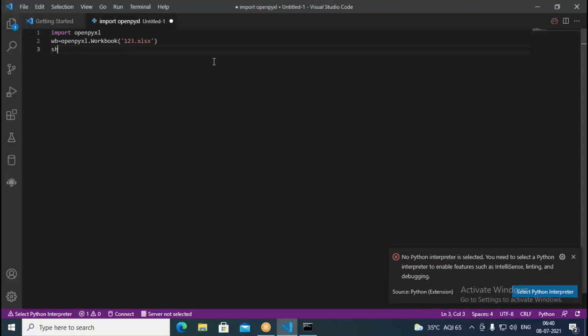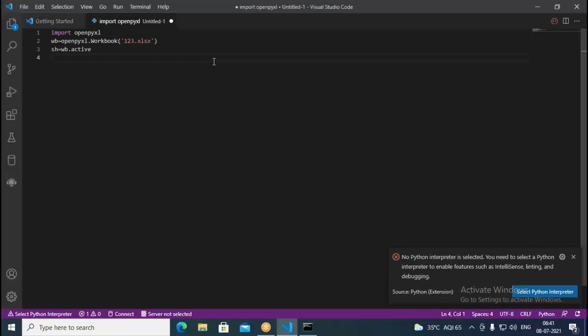The next thing is here sht. sh is nothing but sheet. I write wb.active. This opens the active worksheet. Normally this is Sheet 1. Okay. Then after that, I have to write something into this particular file. So therefore, I can write some content into this. But here what we require is some data. When we have data, that data can be written into this. Normally we open the worksheet, then in the worksheet, data can be written.